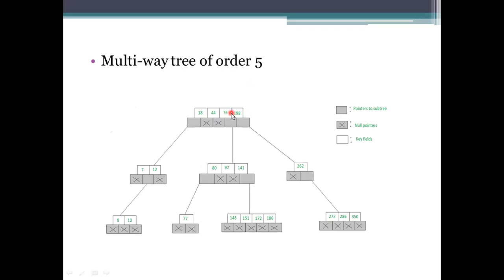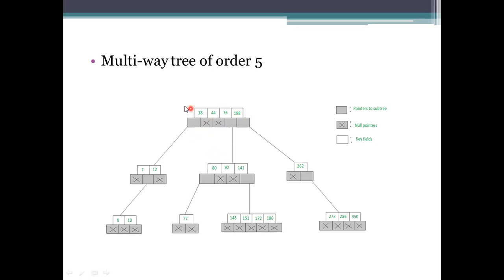And the children you are adding to each node are specified here. So the elements of this node are 18, 44, 76 and 198.